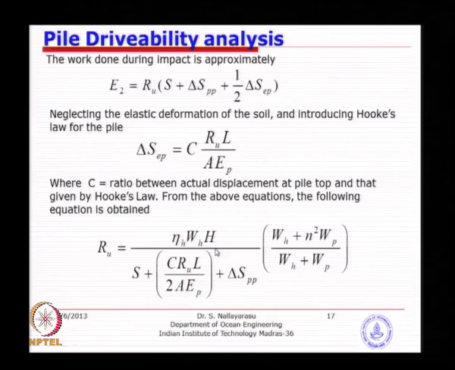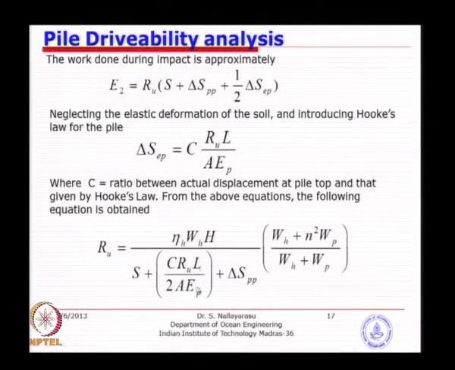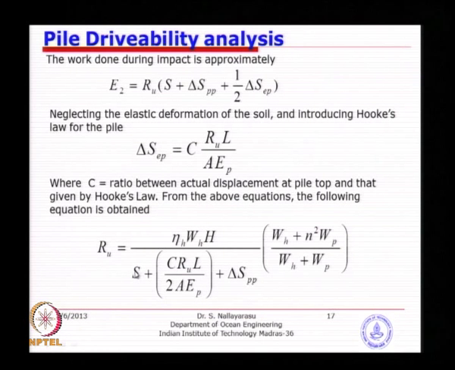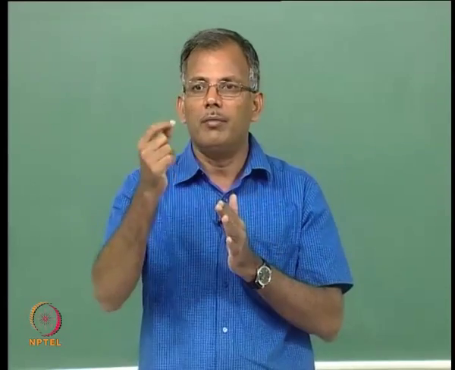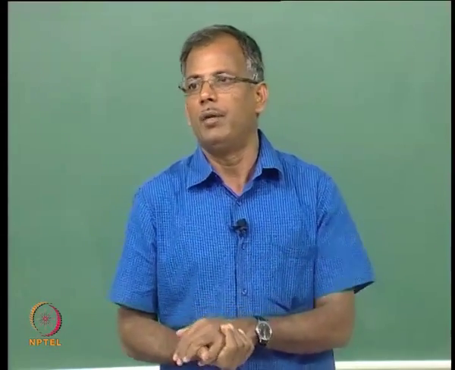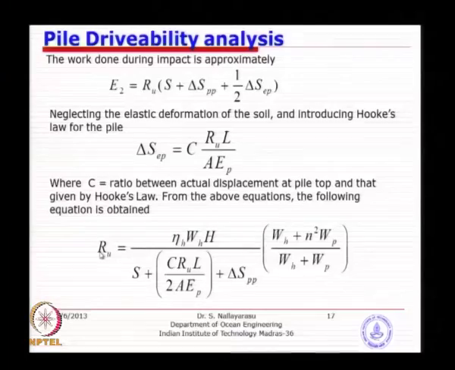Now, if you want a set value of say 1 inch, I want to see 1 inch, then I will have to calculate this value, because these are all known values of the pile and I know what plastic compression I want to allow. If I do not want to allow it, I can remove it, and 1 inch minus this will give you the actual set value. Then I substitute here and I can find out the maximum capacity achieved by the pile at the time of the last strike. So, you keep on driving and you stop when the final penetration is say 1 inch, not beyond. So, you stop there. You can calculate back what capacity it would have achieved, or vice versa.